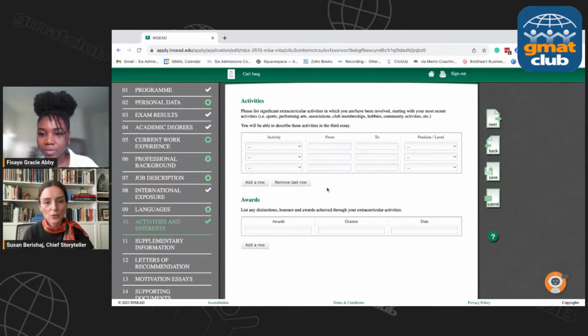Here you are going to list essentially extracurricular activities in which you have been involved, starting with your most recent activities. So this is sports, performing arts, associations you've been a part of. Perhaps you are part of a junior board, club memberships. This is typically during college, any kind of hobbies that you are significantly involved in. So if it's something you do consistently, community activities. So if you are helping your community